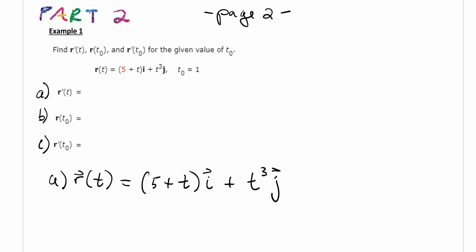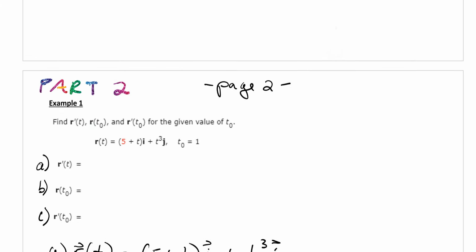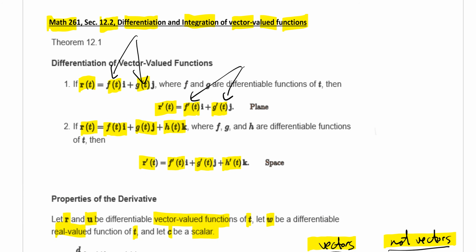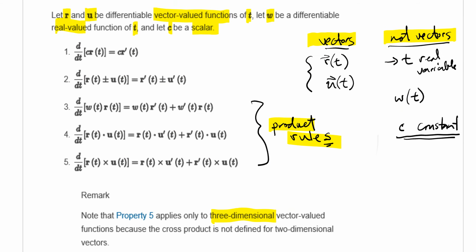All right, this is Math 261. This is section 12.2 on differentiation and integration of vector-valued functions. And this is part 2, page 2. And this is example 1, where we take some of the formulas. Really, in this example, all we are going to use is the definition of the derivative of vector-valued functions